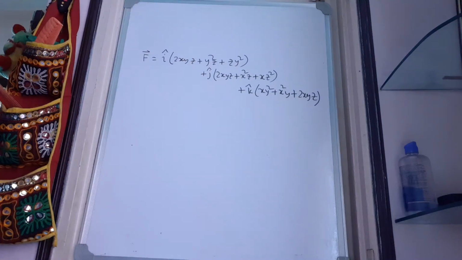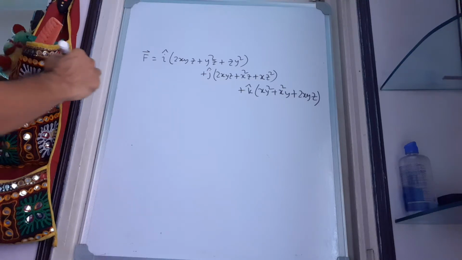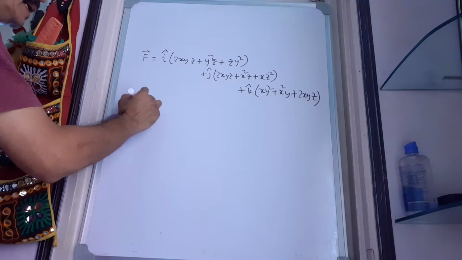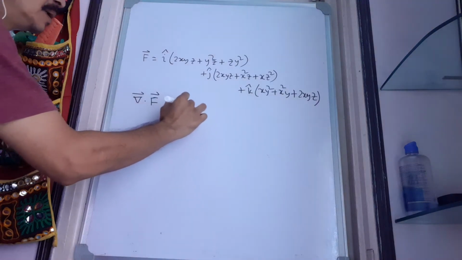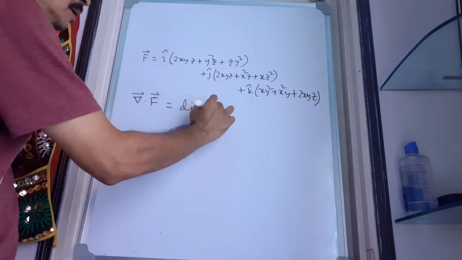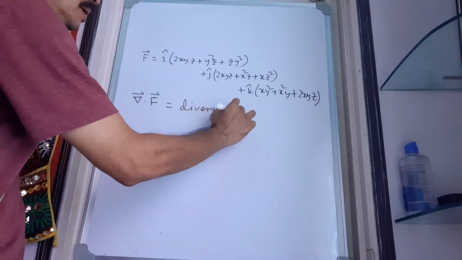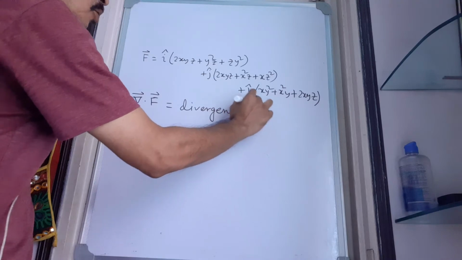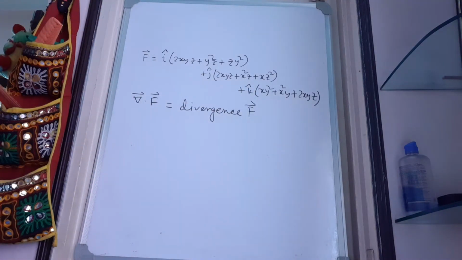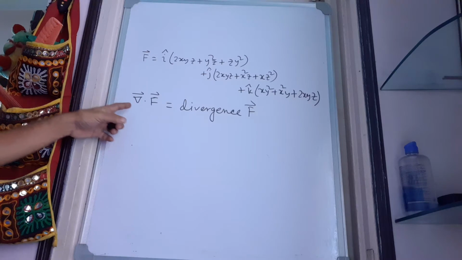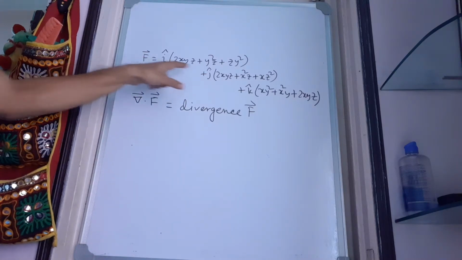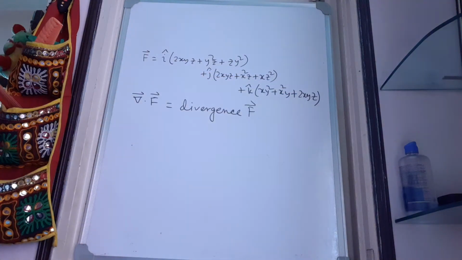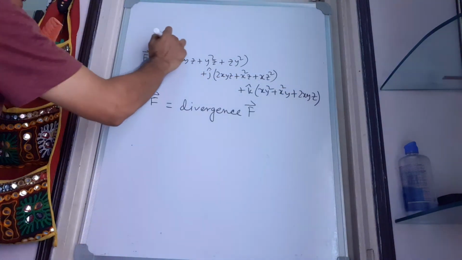Now let us calculate two other operations of the del operator on the vector point function capital F. Just see that we have written capital F as the grad F we calculated earlier. This is nothing but the grad F